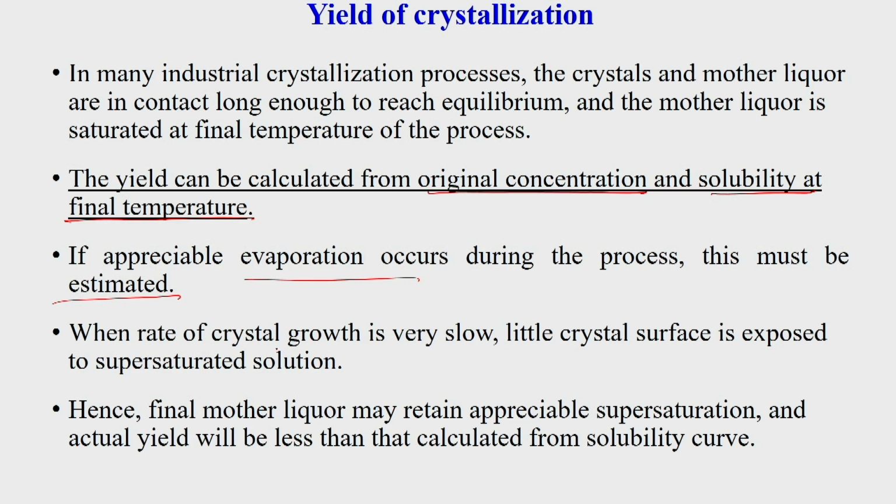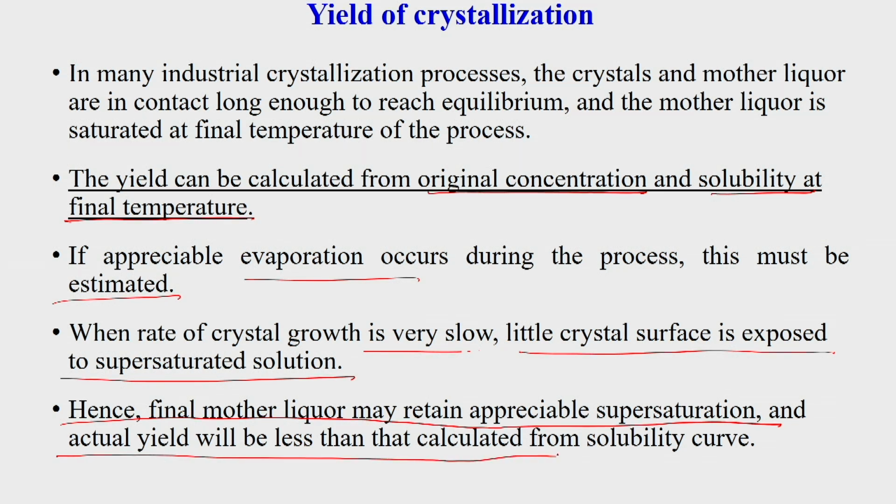When the rate of crystal growth is very slow, then little crystal surface is exposed to the supersaturated solution. So sometimes it is required to add foreign particles, or a solid interface, where the crystallization process will be enhanced, since this process is very slow. But then the final mother liquor may retain appreciable supersaturation, and the actual yield will be less than that calculated from